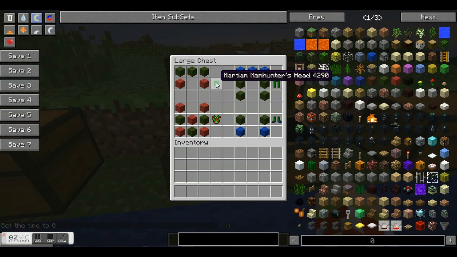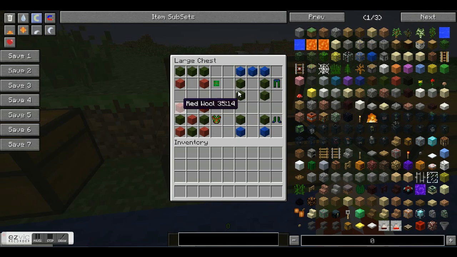Alright, now Martian Manhunter, probably the easiest one to make. He's really cool, you know, he can fly, he's Martian Manhunter. It's sad, because a lot of people don't remember him, but if you watched the Justice League as a child, like I did, you will. His head is just made out of wool, green wool and red wool, as is his body, just green wool and red wool. His pants are actually...